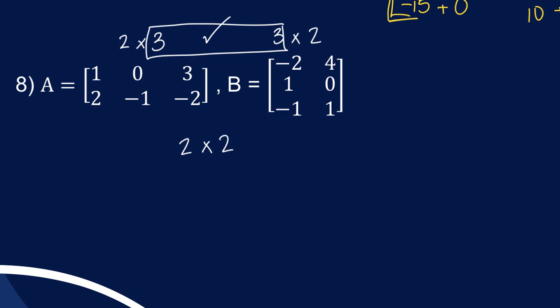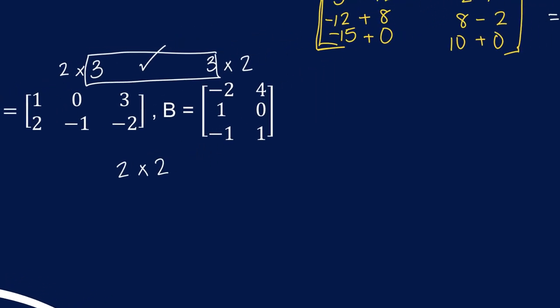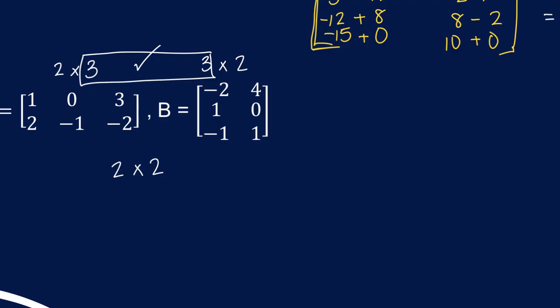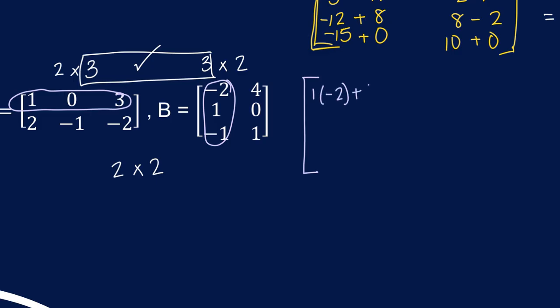2. So solving these, first thing I'm going to go ahead and do is write those brackets that I have. And solving, again, I am going from row to column first. So I'm going to have 1 times -2 plus 0 times 1 plus 3 times -1. Okay, I already took into account that first column. Going ahead and going to my second column,